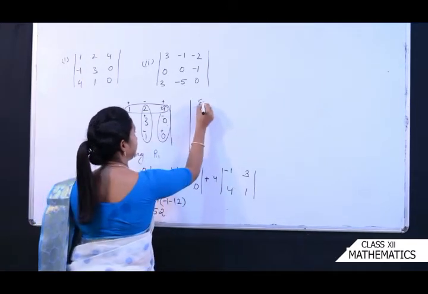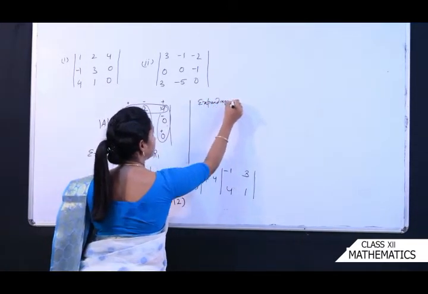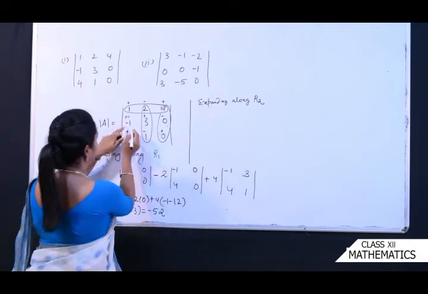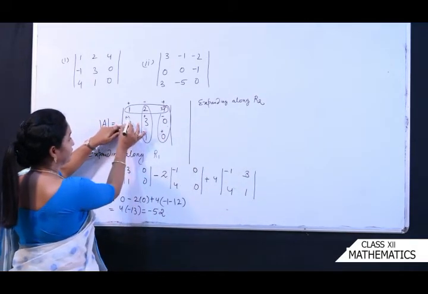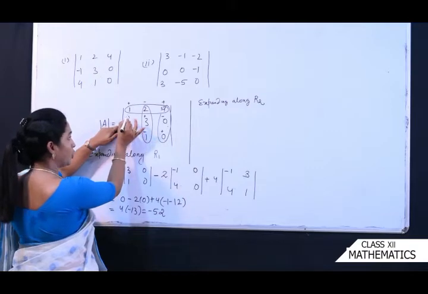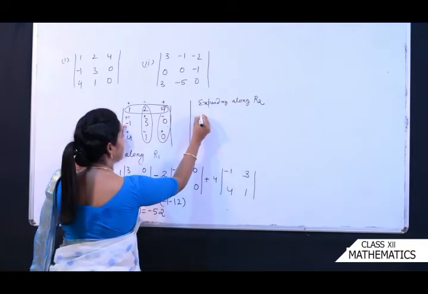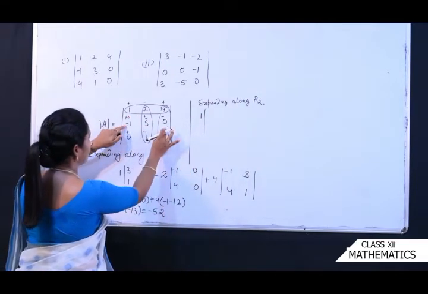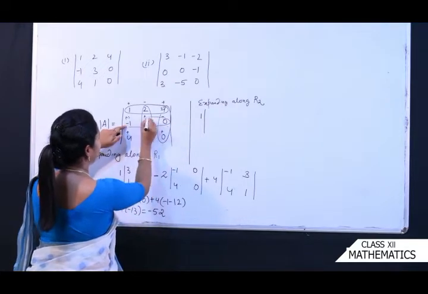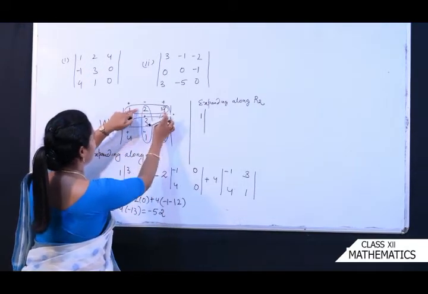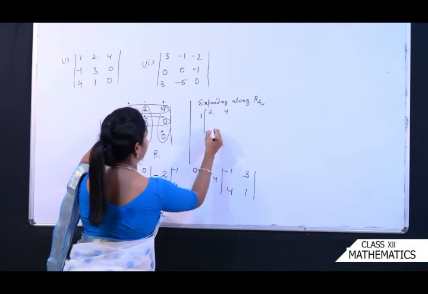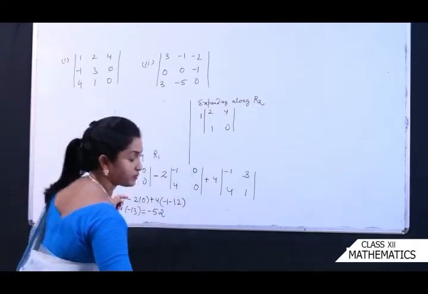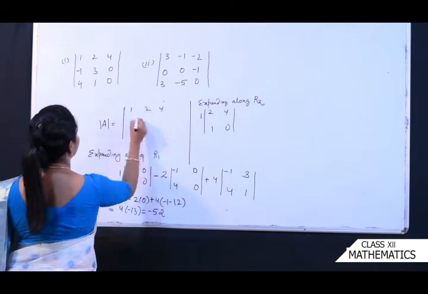So now let's see, expanding along R2, okay. So when you expand along R2, क्या होगा अगेन, यहाँ पे ऑलरेडी एक माइनस है देखिए, लेकिन क्योंकि आप जब कोफैक्टर निकालेंगे तो यहाँ पे ऑलरेडी माइनस होना चाहिए, so यहाँ पे माइनस इंटू माइनस ये बन गया प्लस, so it is 1, okay, clear. Again deleting this and this, okay, क्या बचा हुआ है, क्या बचेगा आपका, ये आप डिलीट कर देंगे और इसको डिलीट कर देंगे, तो it is 2 4 1 0, okay, 2 4 1 0, okay. मैं इसको दोबारा एक बार लिख देती हूँ, I'll just write down once again. So you can see here it is 1 2 4 -1 3 0.